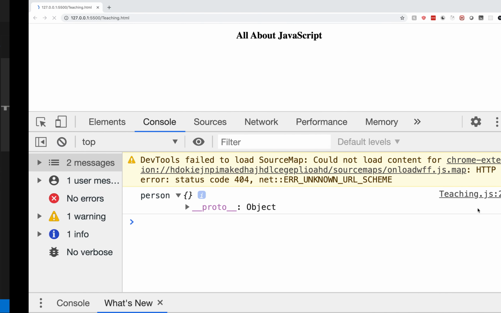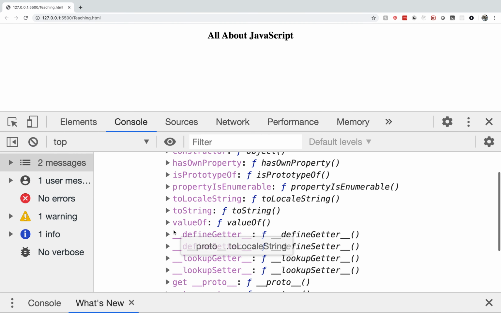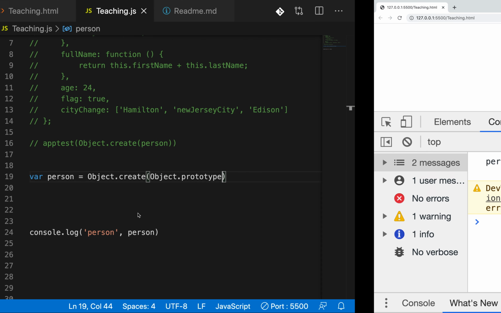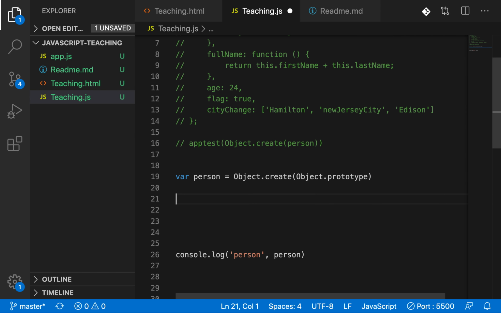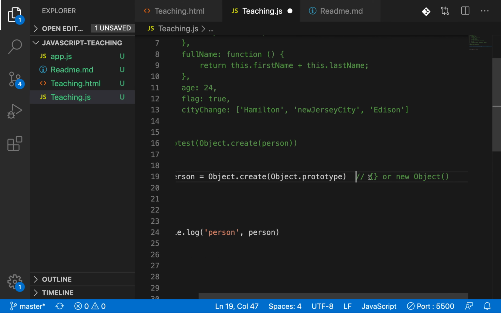This is going to define an empty object, and you see it is the same as defining with curly brackets or with the new keyword, new Object. So person equal to Object.create is the same as defining with these.